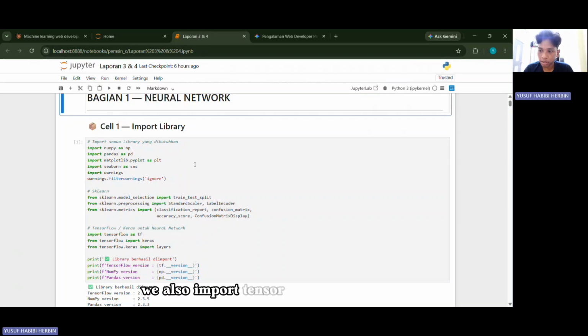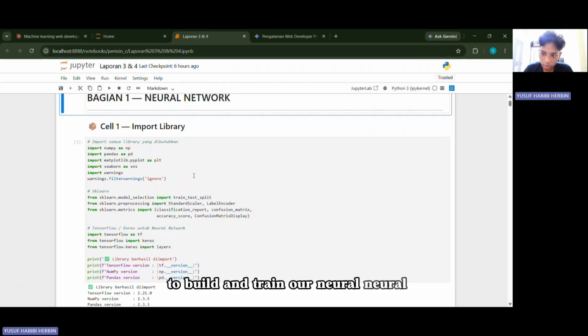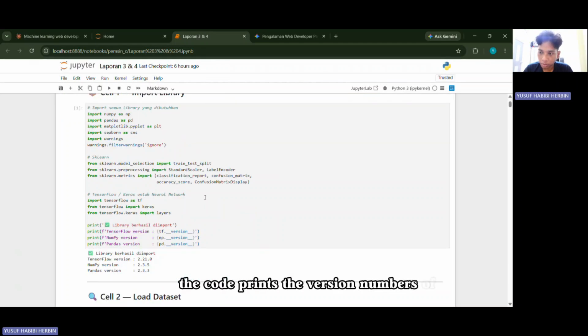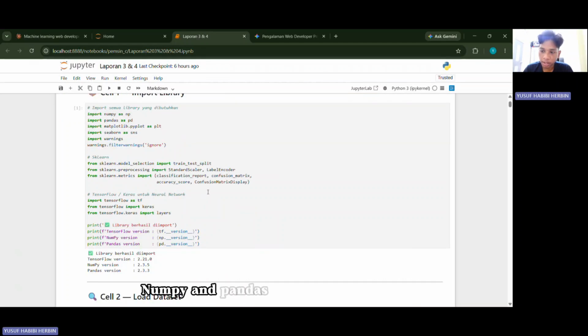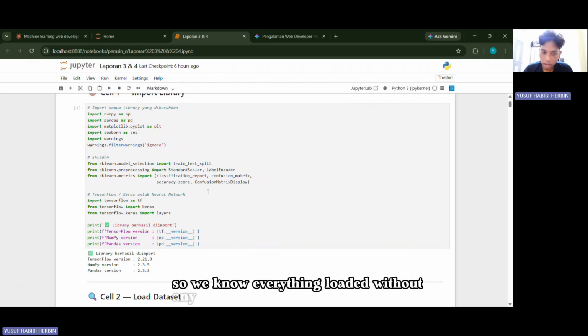We also import TensorFlow and Keras. These are the main tools we use to build and train our neural network. At the end, the code prints the version numbers of TensorFlow, NumPy, and Pandas, so we know everything loaded without any error.